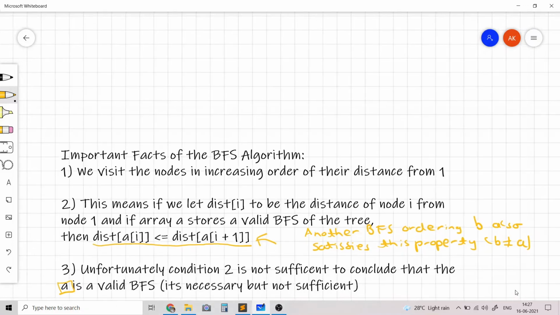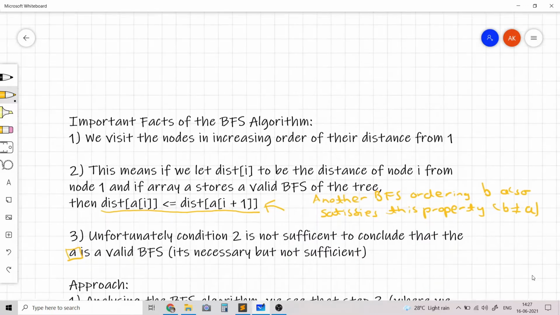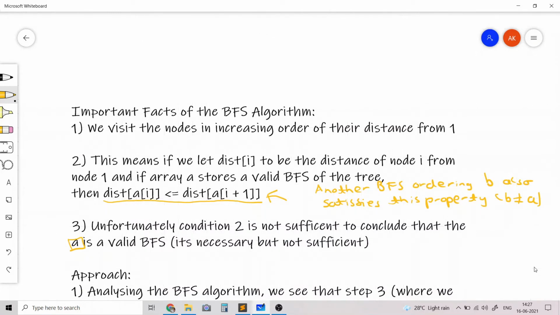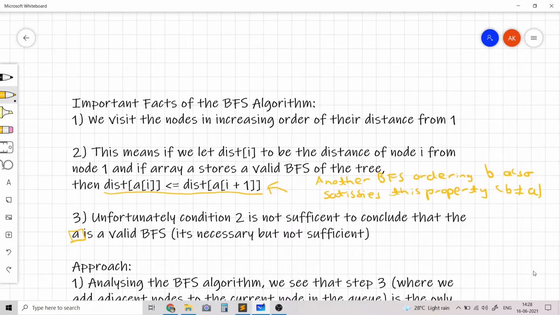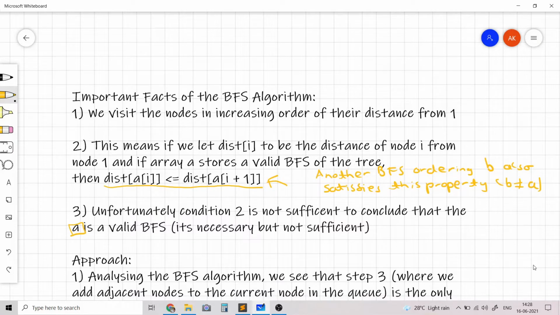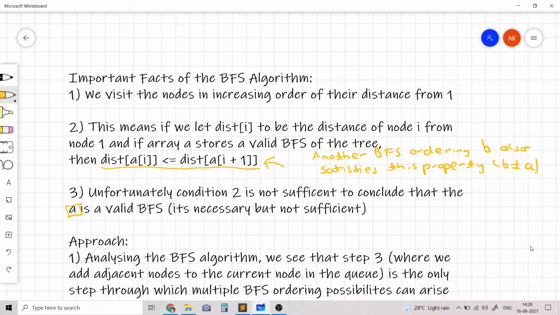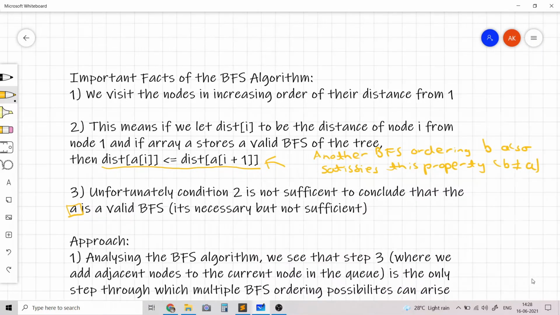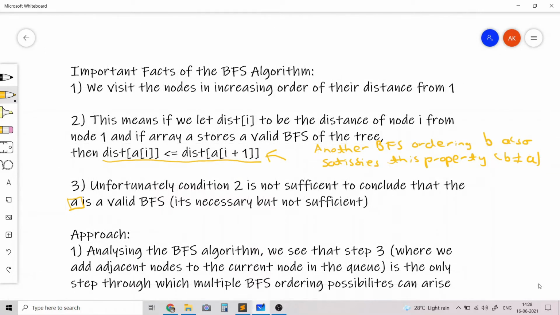Now let's see how we can approach the problem using the ideas behind the BFS algorithm. What we actually need to do is analyze the BFS algorithm closely. You should realize that step 3 in the algorithm, where we are adding adjacent nodes of the current node to the queue, is the only place where multiple BFS possibilities can arise, and only in that step is where the discrepancy can occur.